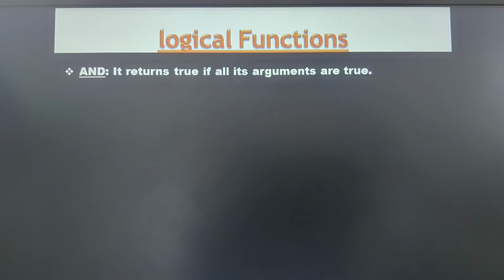Now, suppose the age is not greater than 18 but he is a citizen of India, then the overall result would be false. So 0 indicates false here and 1 indicates true.